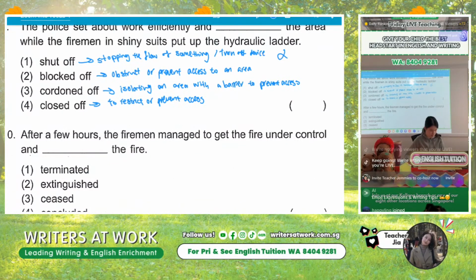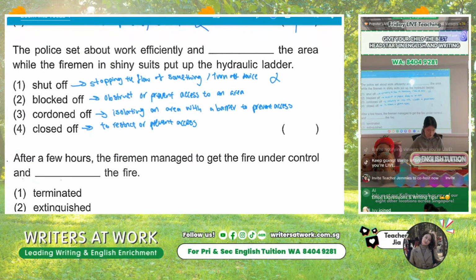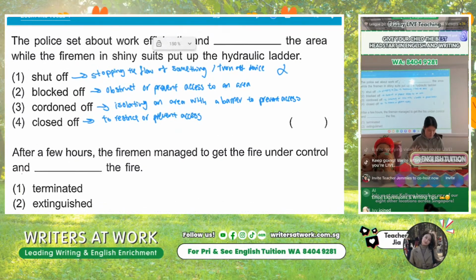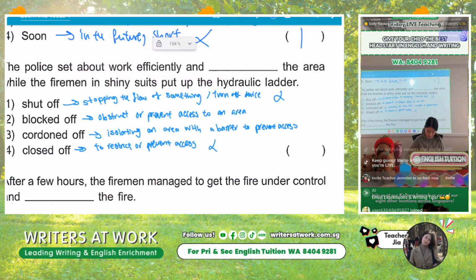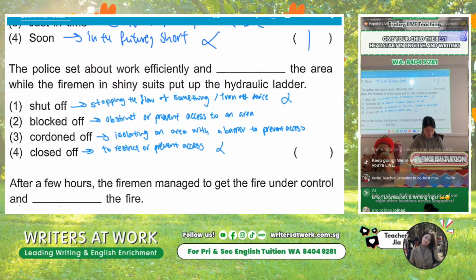Condoned off. Okay, now condoned off also means something similar, and this also does mean controlling the access of an area. So blocked off and condoned off do both make sense right now. So let's go through all the options and see which one fits the best. Closed off, however, is less commonly used in such a context, so we're definitely going to cross that one out. Because I've heard blocked off, I've heard condoned off, but I've not heard closed off the area.